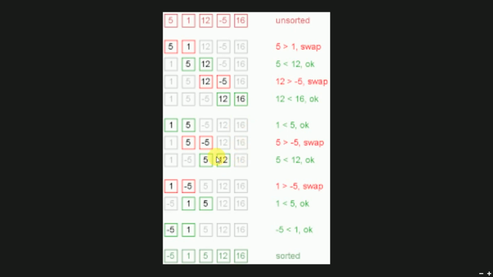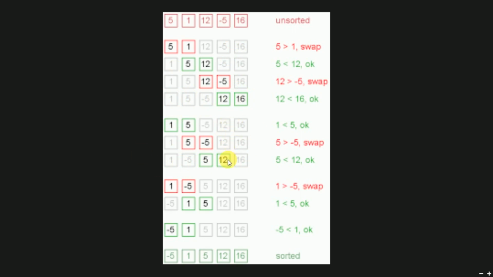So apart from this, whatever these 4 elements are there, these we have considered, and at the end of this particular step we have found the largest element among these 4 as 12, and this 12 is kept at its final position. Okay. So don't think like final position means it is the end, because except this, whatever these 4 elements are there, out of these 4 the final position is the 4th position. So here we keep this one.